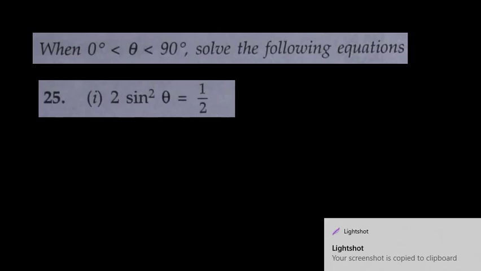Now the next question is, when theta is between 0 and 90 degrees, we have to solve the following equation. So already I know that theta is between 0 and 90, and when theta is between 0 and 90, all your trigonometric ratios are positive. In 9th standard and 10th standard you have learned that all the ratios you get are positive, because you are dealing with angles between 0 and 90 degrees. Again, we have trigonometric ratios for angles more than 90 degrees, but that you will study in college. So they mentioned the condition that theta is between 0 and 90 degrees only for the sake that your trigonometric ratios will be positive.